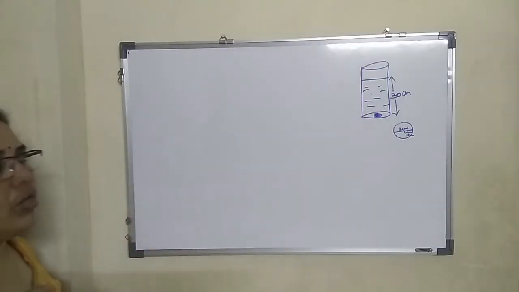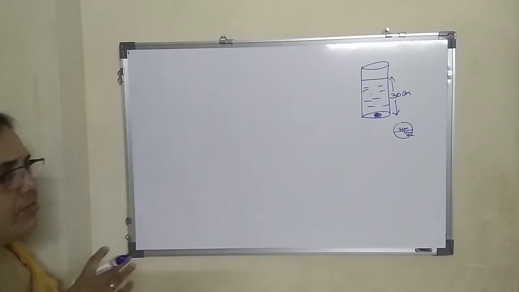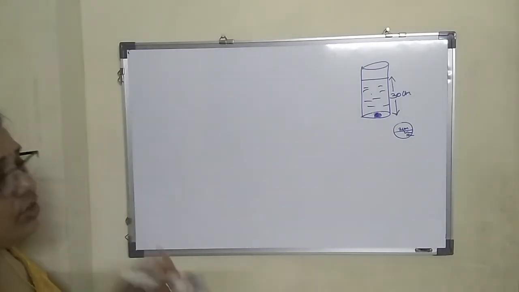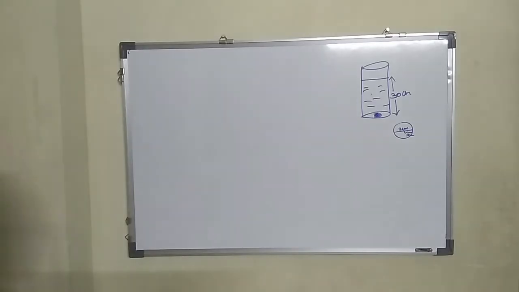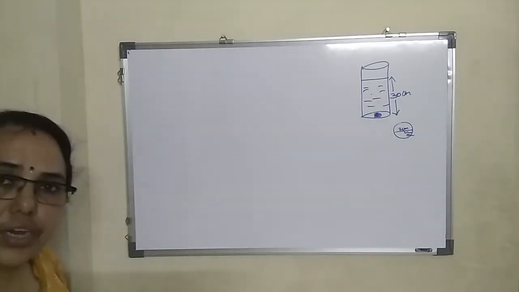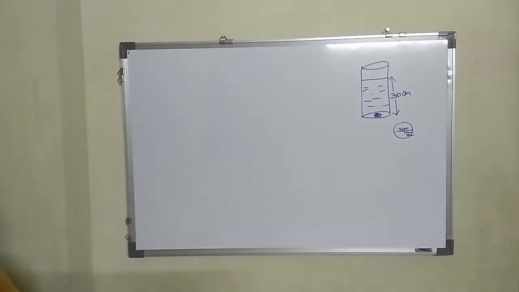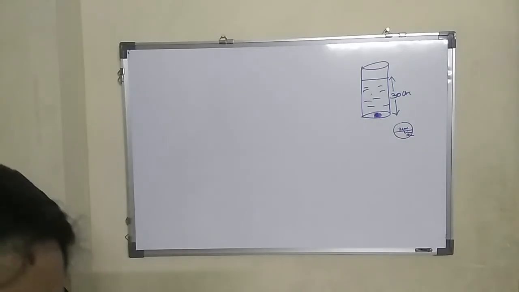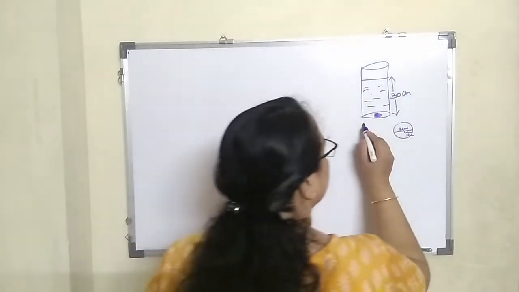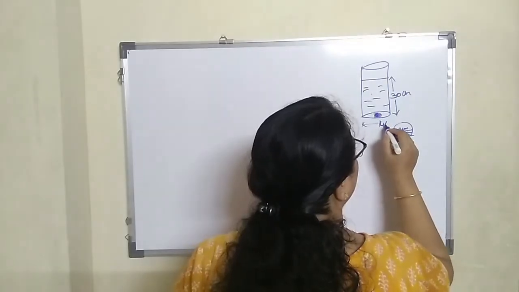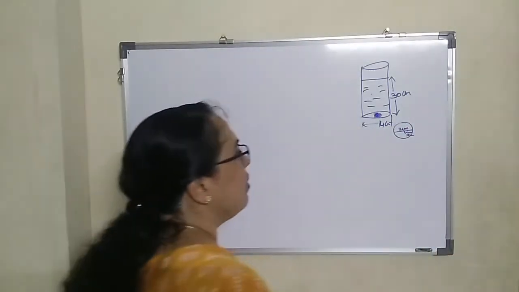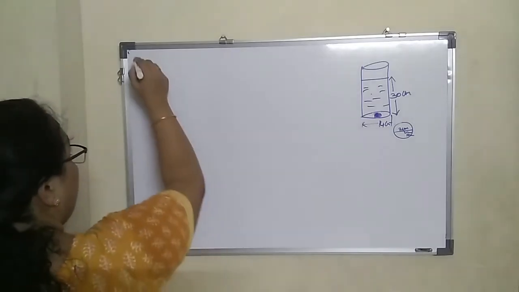Have you understood the concept here? If you understand, the sum is very simple. Then you understand that you have to find volume of the cylindrical glass with water. You also find volume of the sphere. Hence when we subtract, we get the volume of the water in the cylindrical vessel. Yes or no? So to start with, what all dimensions are given? The diameter is given as 14 centimeter.